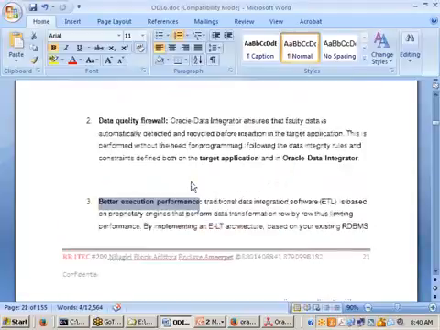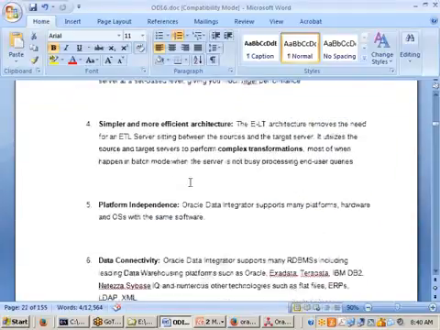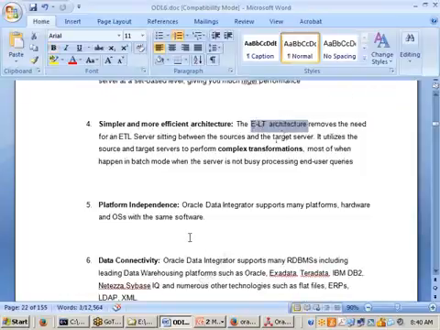Better execution performance. The better execution performance we are achieving by using one concept, what, sir? Normally all the traditional tools are following the row by row approach. This is following what? Set-based approach, a group of records approach. Right, let us move on to the next one, that is called simpler and more efficient architecture. If you go and see the architecture, already people are aware of it. It contains ELT architecture, remaining all things are ETL. Because of this, we can do the complex things very easily.